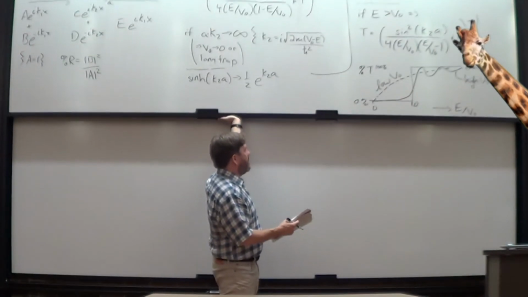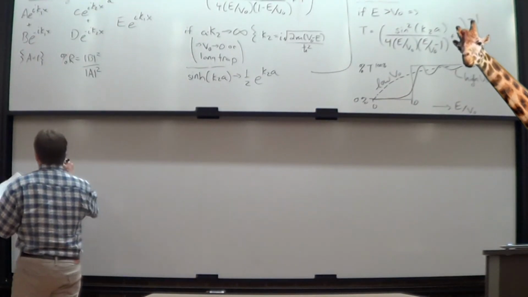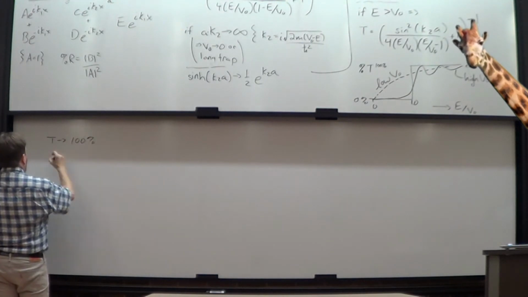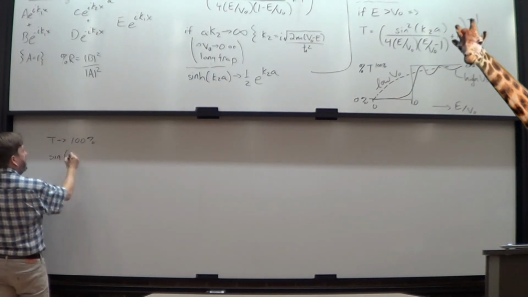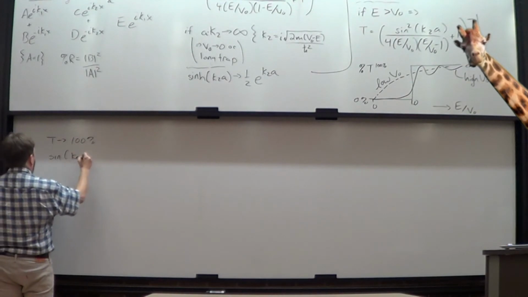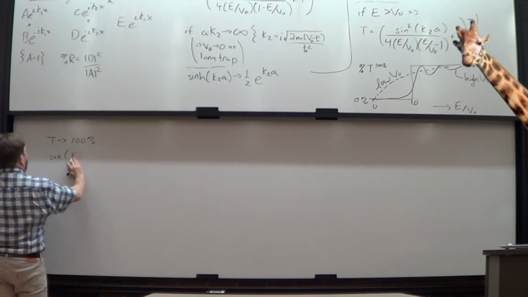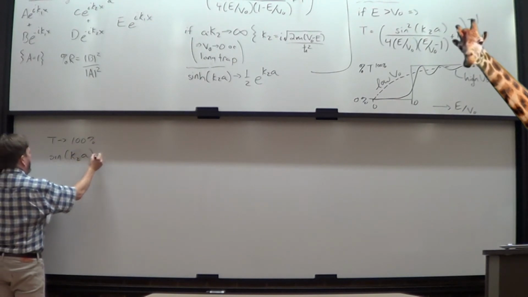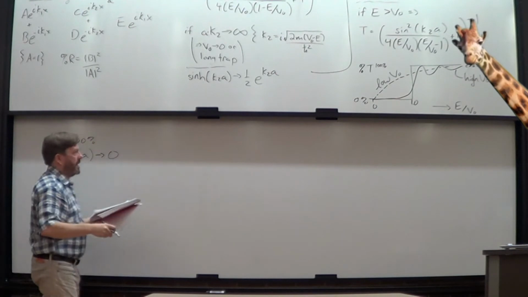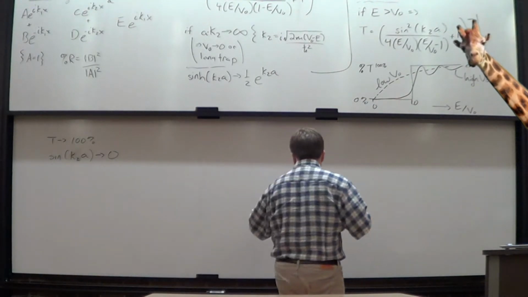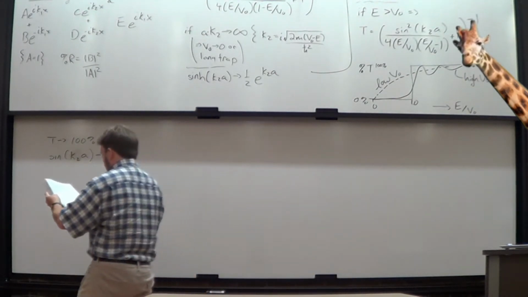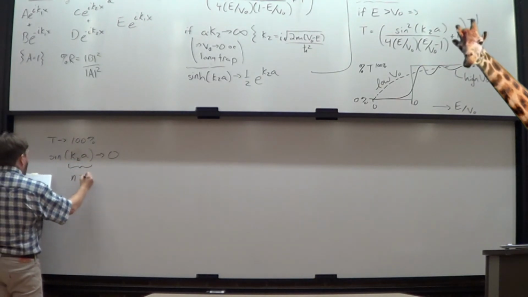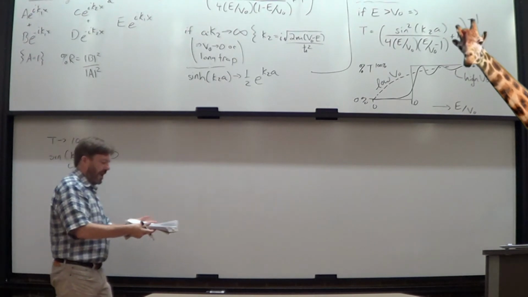So the percent transmission, if you look at that formula, goes to 100% where sine K2A goes to 0. And remember, that's because you actually take the inverse of that expression. Of course we know that sine K2A will go to 0 when K2A is n pi. Okay, if K2A is n pi,